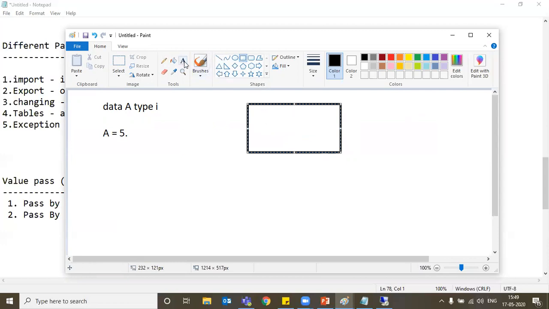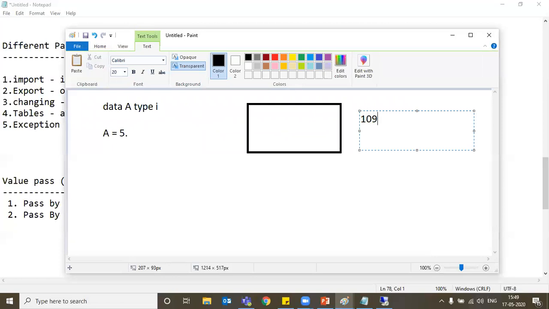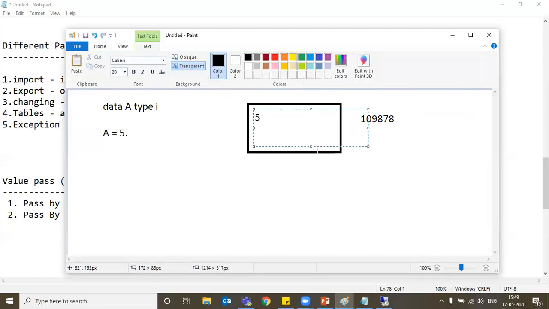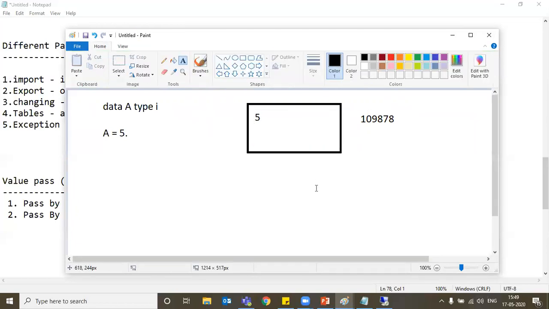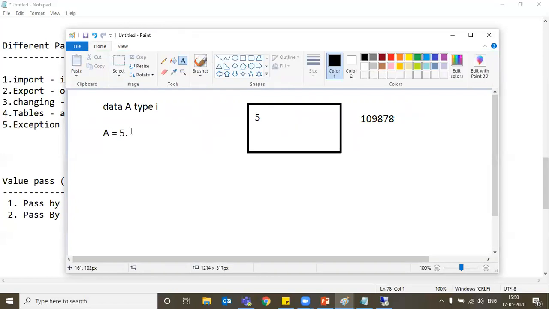Let's say this is the memory number, from 10987 something. This is a memory address, not a value. And that value is there, 5. Got the concept? Everybody? Yes, sir. This is my memory, this is the memory number.